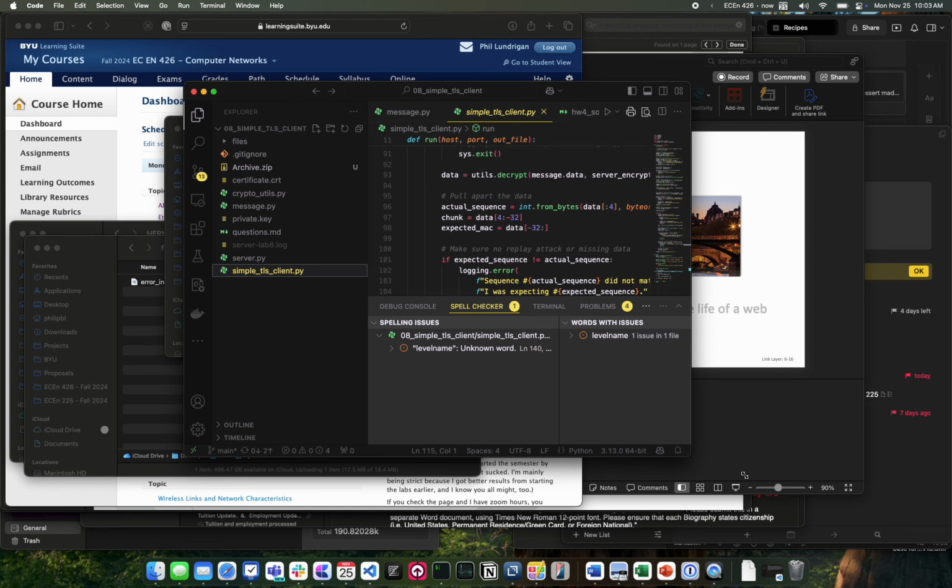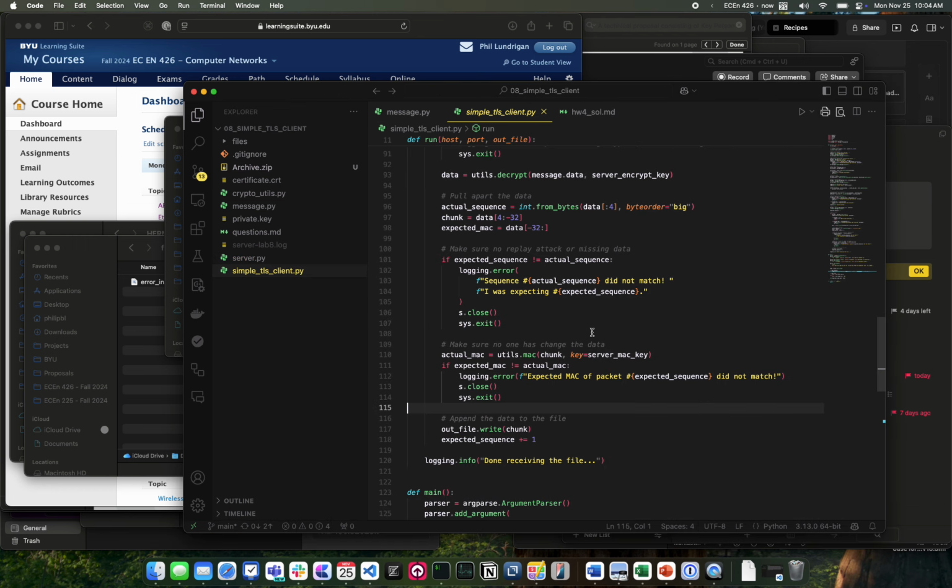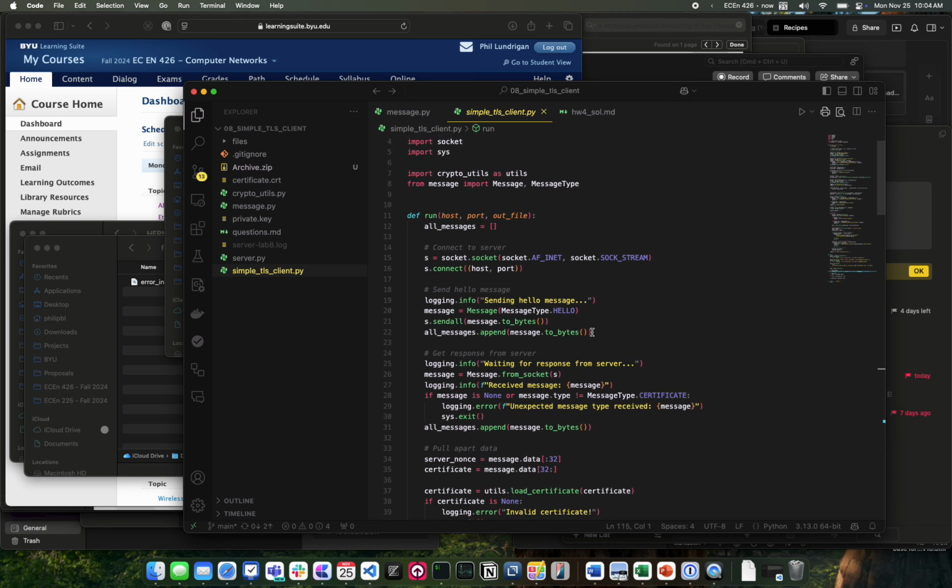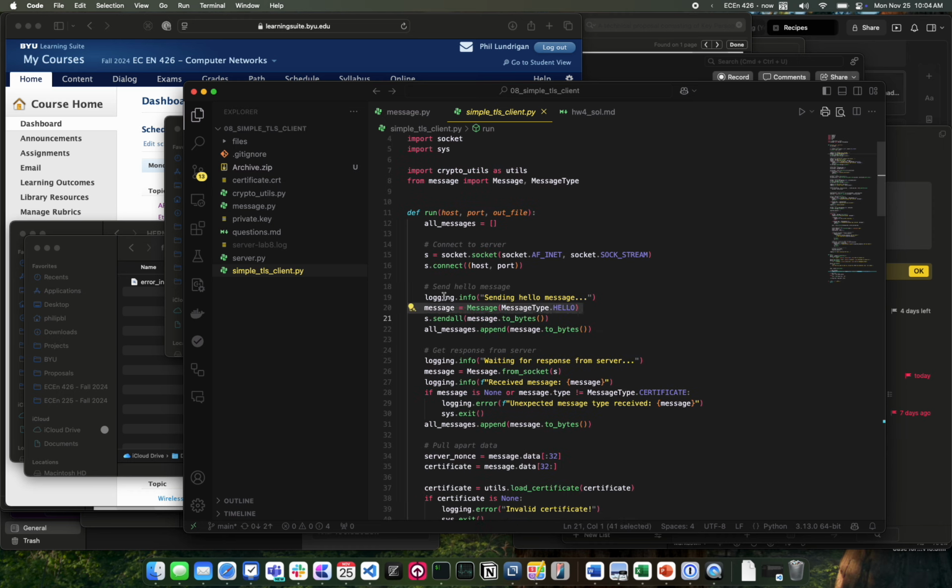here's my client. What's going on here? So first I have to create the socket, and I create the message. I just say it's a message of type hello. There's no payload, so I don't need to do that. Now I have this message, and I call to bytes to actually get them. It takes care of serializing. That's what it's called, serializing or marshalling. There are all different terms, but essentially converting it from whatever structure it's in into bytes.